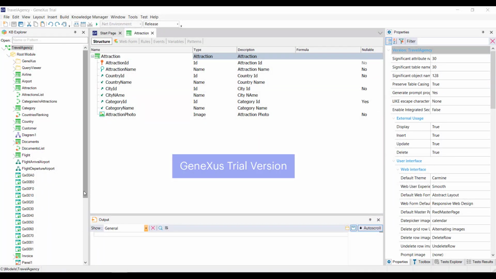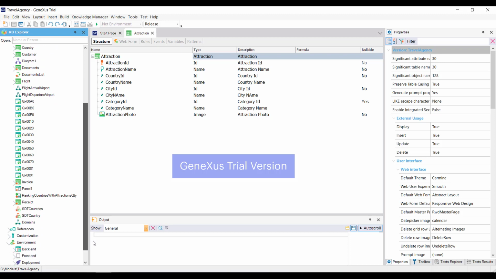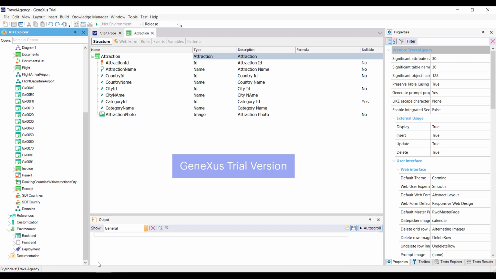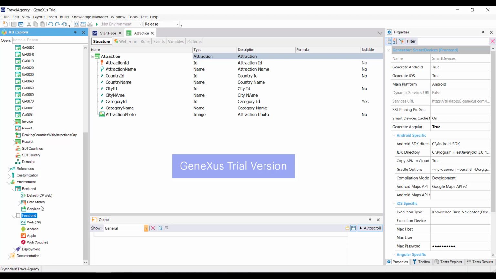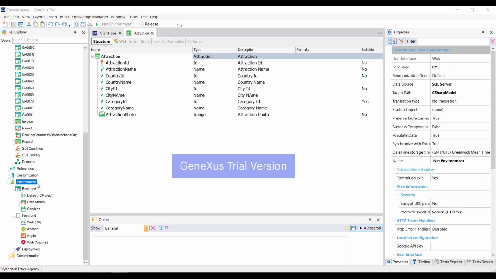If we go now to the IDE of the Genexus trial version, we see that the environments node is integrated in the KB Explorer window. We can see the options of the backend and also the front end. If we right-click on it, we see that there is no option to define a new environment.